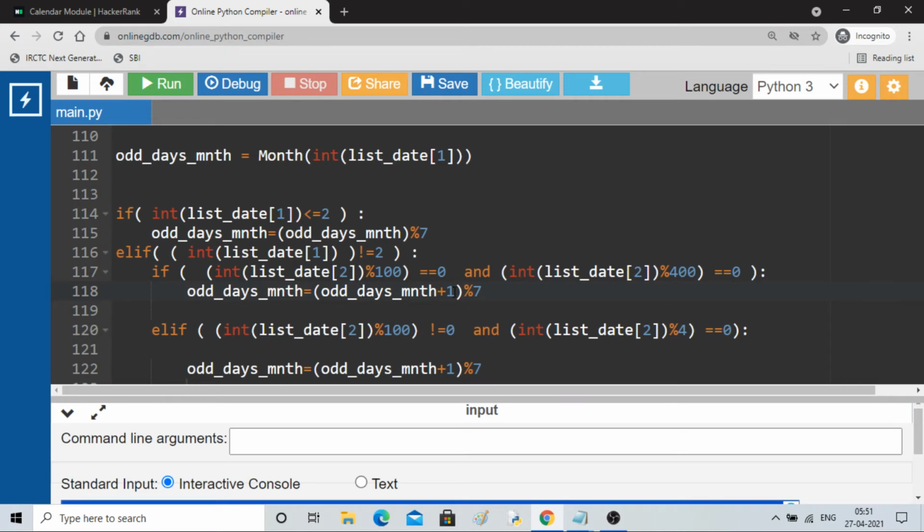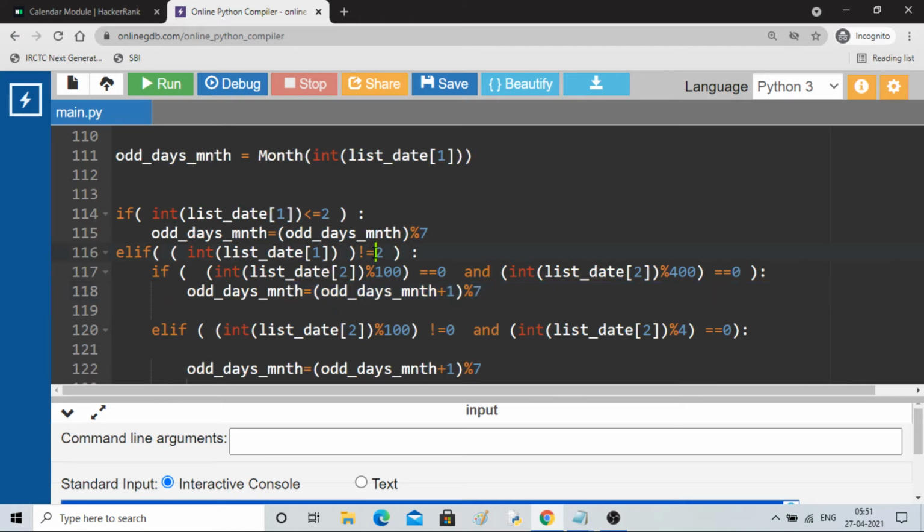A leap year will have 1 extra day. So 1 extra day, divided by 7, modulo 7, you will get the odd days in the month. So you are re-updating. Here you got it without the February addition, like 0 was added for February. Here you are getting it with the leap year, depending upon whether the given year is a leap year or not. Depending upon that you are adding 1.